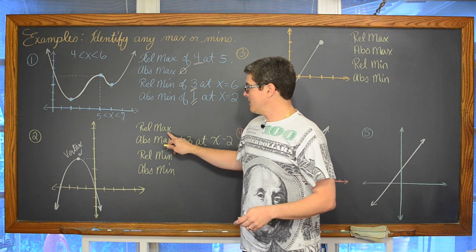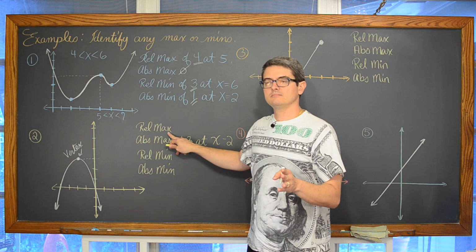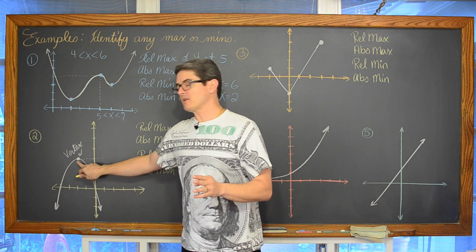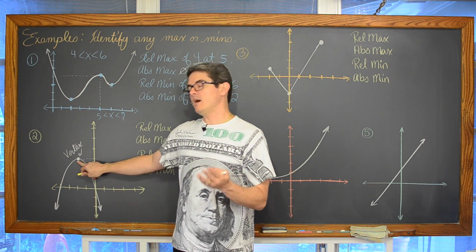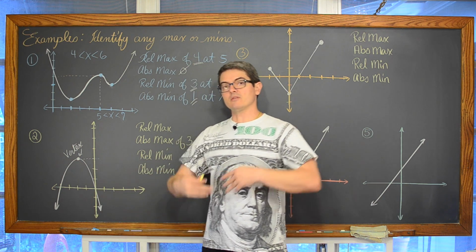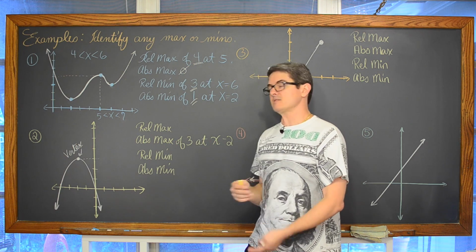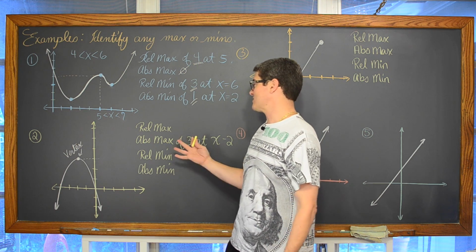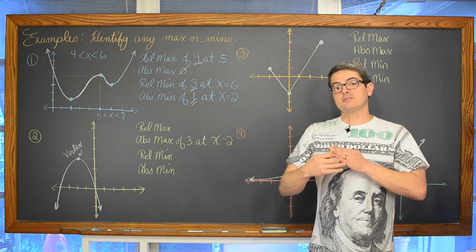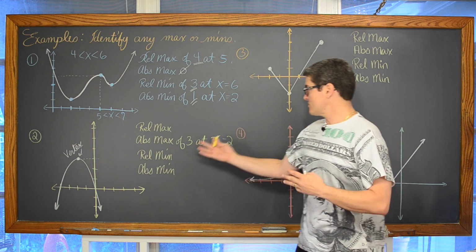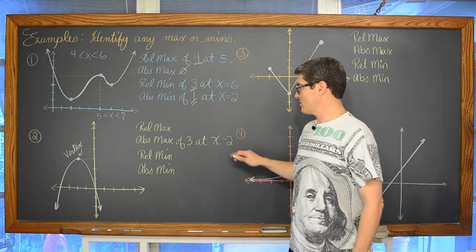Now, a relative max, well, there's only one maximum in the graph, so really there's some kind of open interval where that y value of 3 is going to be the largest y value, but it also is the same as the absolute max. So the relative max and the absolute max are kind of the same thing, but the absolute max is more of a special case because it covers the entire domain. So I'm just going to identify that as our key point of interest.